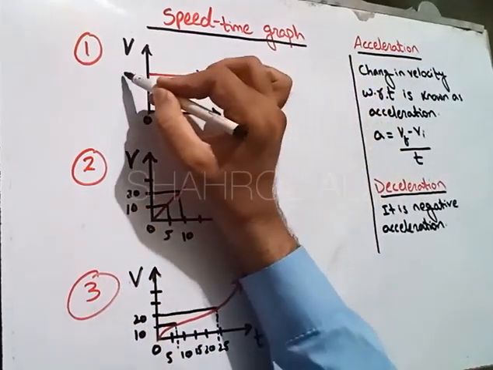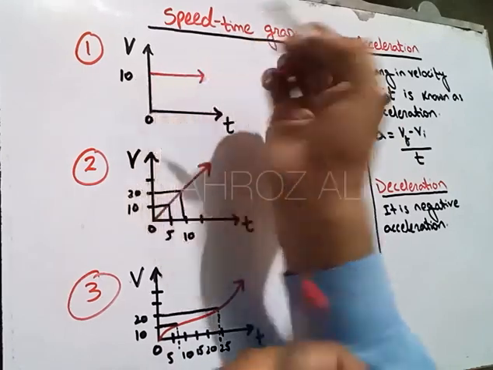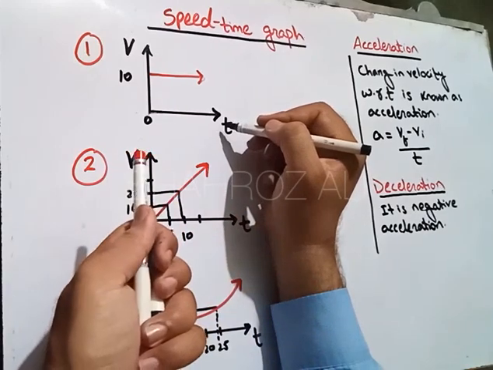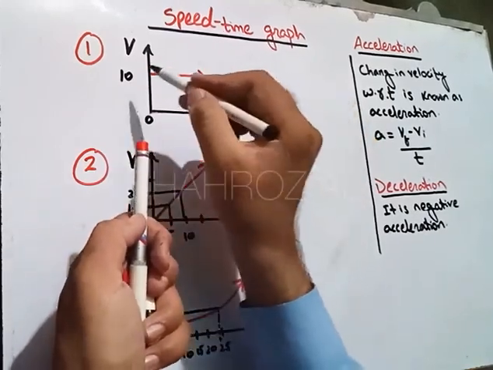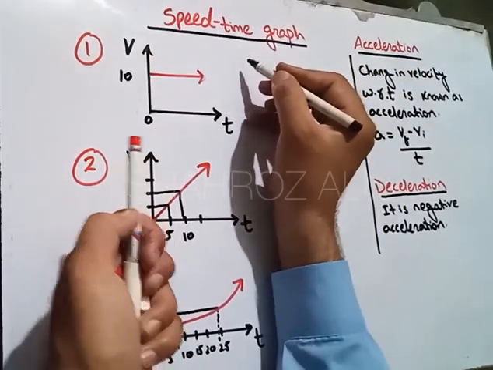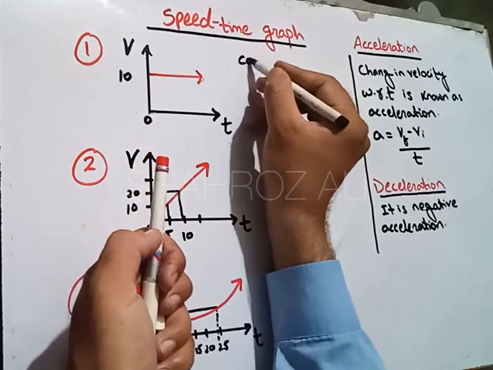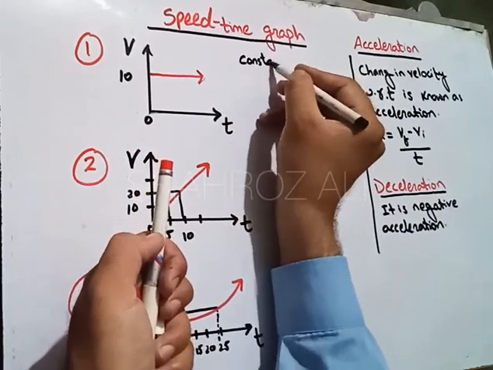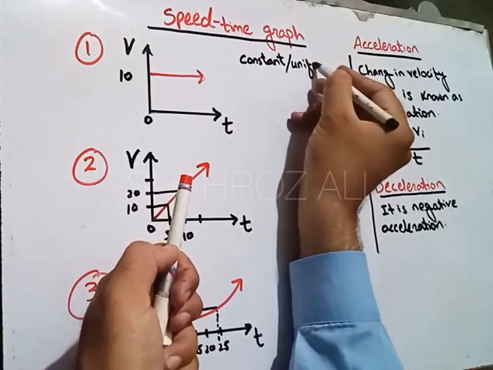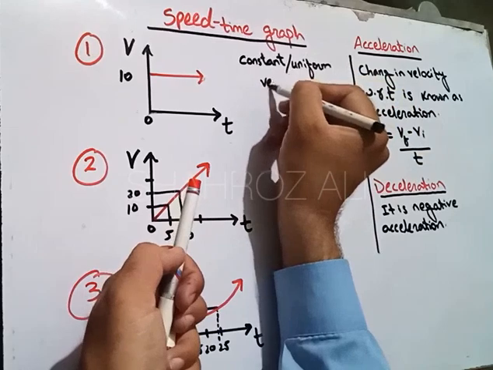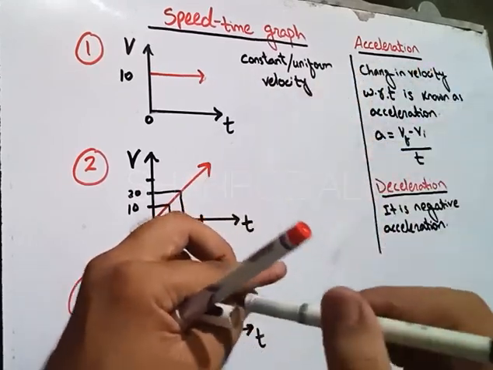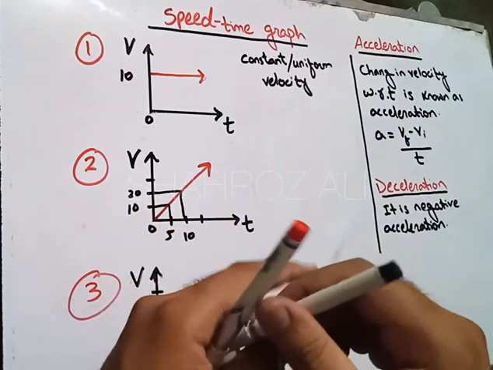Suppose the velocity at this point is 10 meter per second. With the passage of time, the body is covering distance and moving with 10 meter per second velocity, which represents that the body is moving with constant velocity. This graph is showing constant or uniform velocity, because velocity is not changing, or sorry,